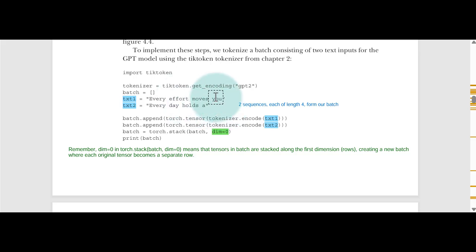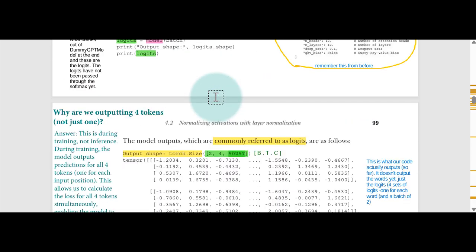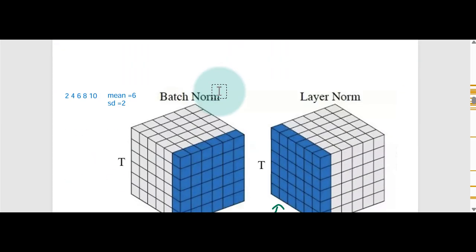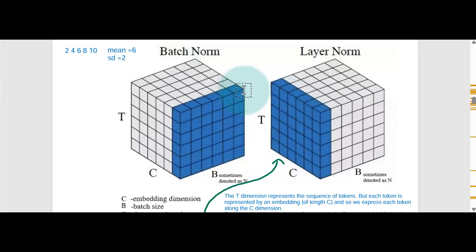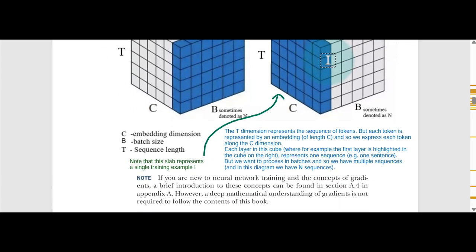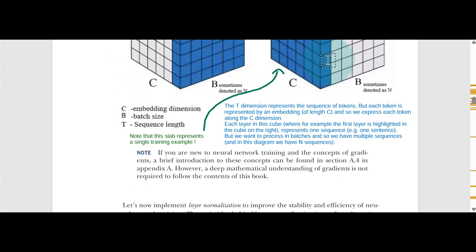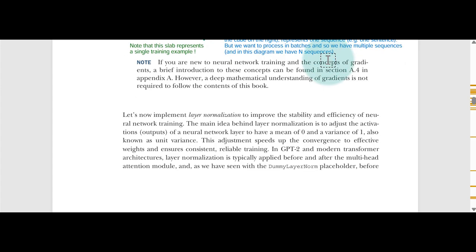So we need 6 words. But anyway, this slab represents one training example. Okay, so anyway, I'm not quite sure why this one is called batch and this one is called layer norm, sorry, layer. But nevertheless,